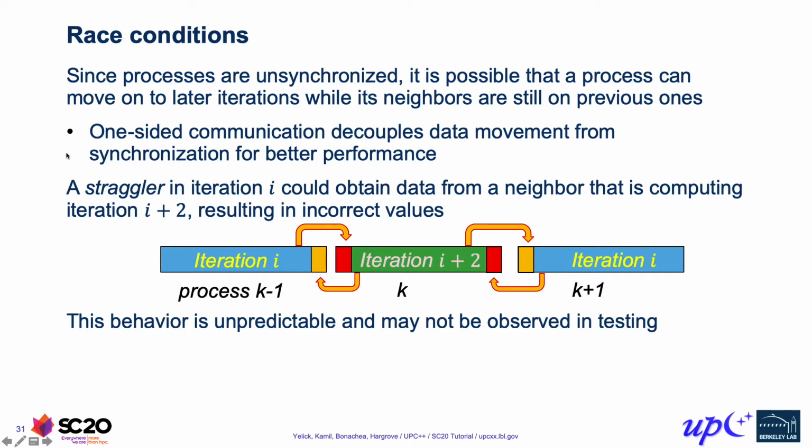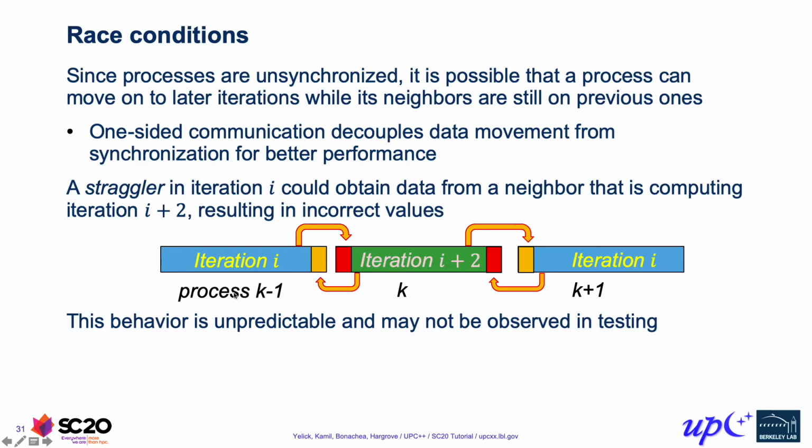This is one important feature of one-sided communication: we decouple data movement from synchronization, as opposed to two-sided messaging, where we get synchronization whether we want it or not. With one-sided, if we don't need the synchronization, then we can avoid it. We can also amortize synchronization over multiple messages in some cases, and that actually comes into play in higher dimensional Jacobi computations.